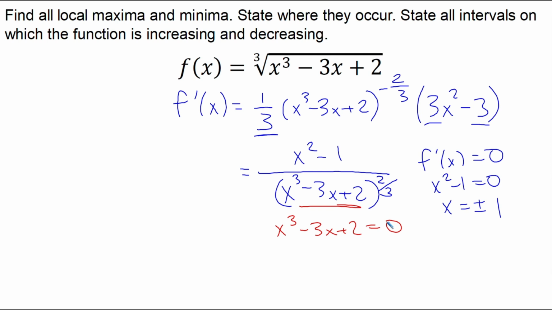Well, we may not immediately right off the bat know how to factor this, but what we need to do then is just recognize that we can use the rational root theorem here. We look at the factors of the constant, so the factors of 2 are positive or negative 1 and positive or negative 2. And then we look at the factors of the leading coefficient. The leading coefficient is 1, so its factors are just positive or negative 1. And the quotient of these two things, 1 over 1 and 2 over 1,